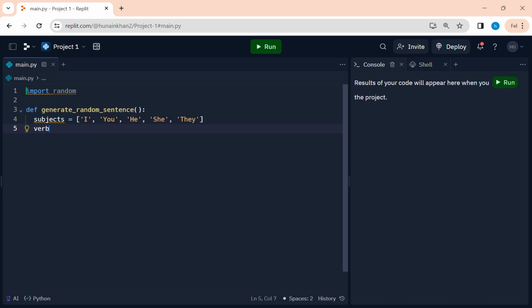And the verbs is equal to. Now you can pick whatever you want. I'm going to go run, I'm going to go eat, I'm going to go sleep, I'm going to go dance, and I'm going to go sing. So those are the verbs that I'm going to choose. And then we have the objects, which is equal to